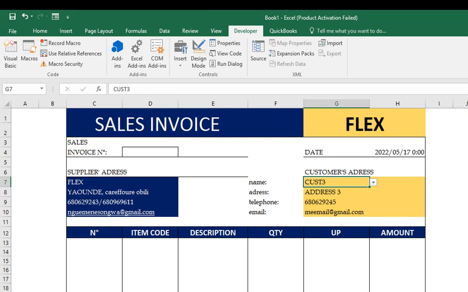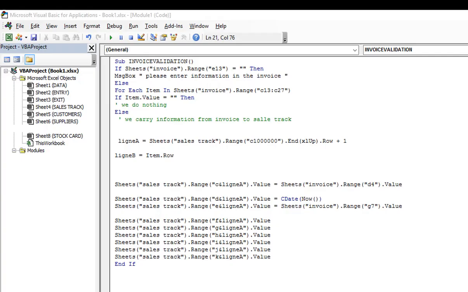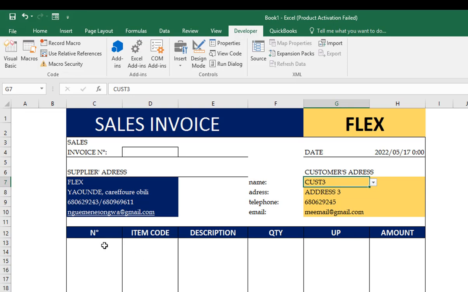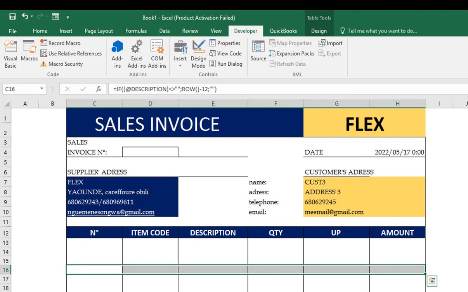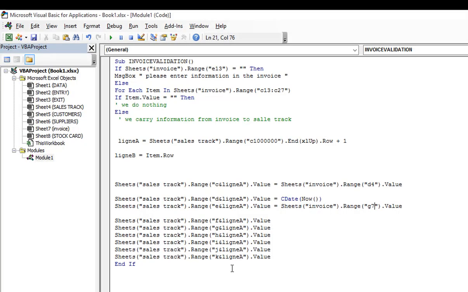That is why I here created a line called line B, which is item row. So it's going to come in this our sales invoice and look at the number of items which are in the rows, carry only those who have information and bring in the sales track. So how are we going to do that? So the cell or column F and the last line is going to be equal to,